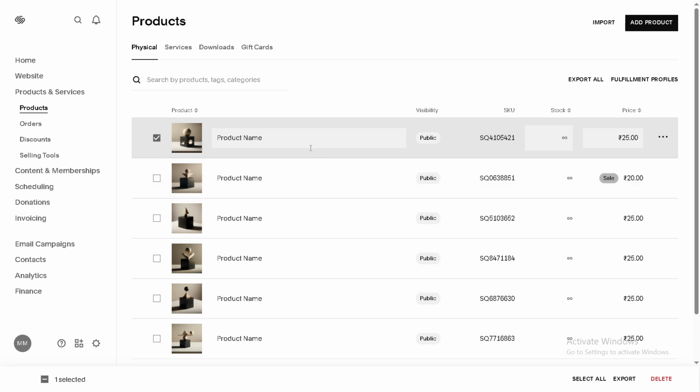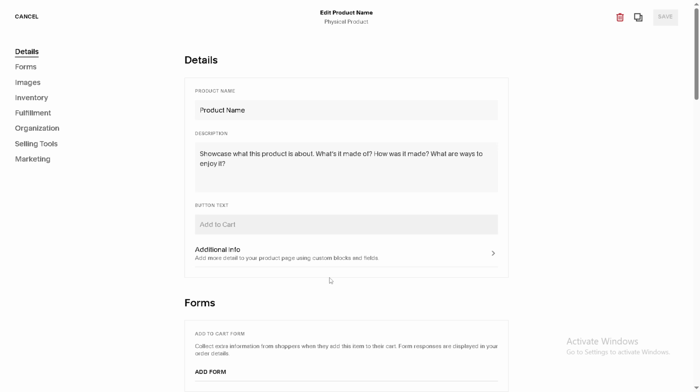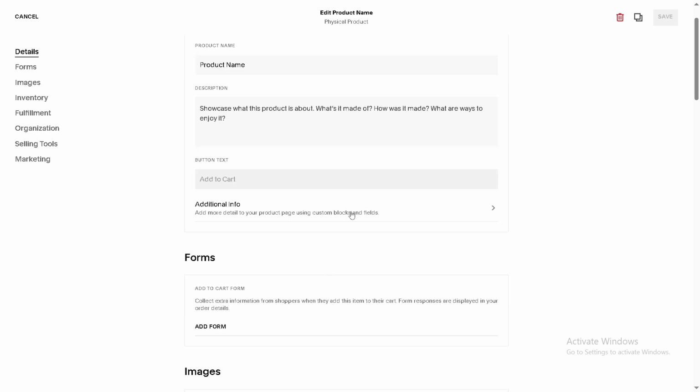On the note of making changes, if you need to edit a product, simply choose the product you'd like to modify, click on the three dots next to it, and select Edit. This will open up all the editable fields related to that product. Whether you want to update the price, modify the description, or adjust the stock, this editing interface gives you full